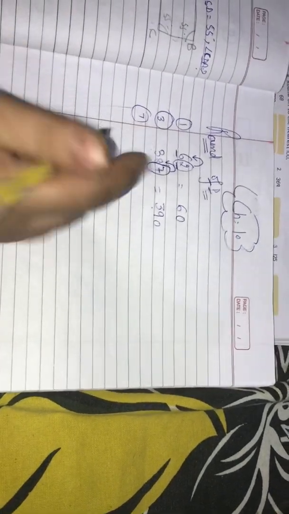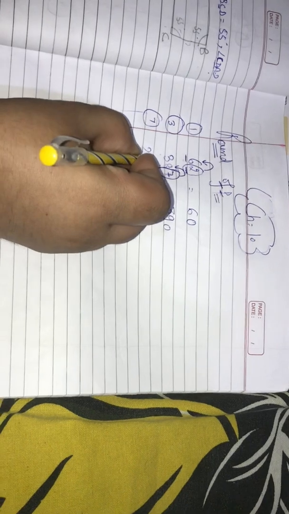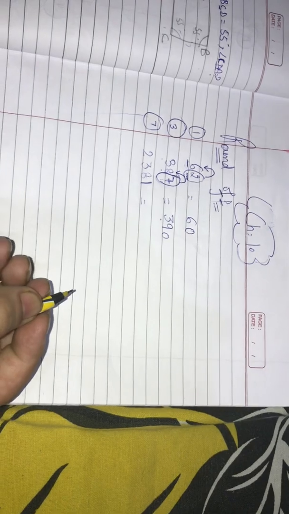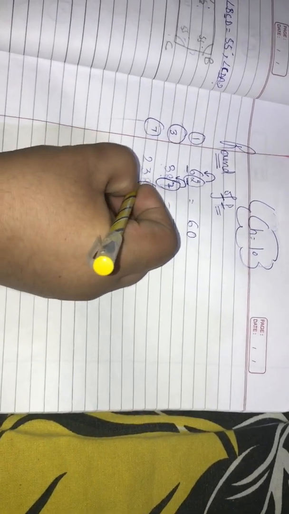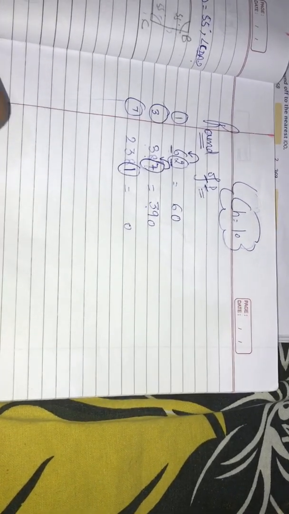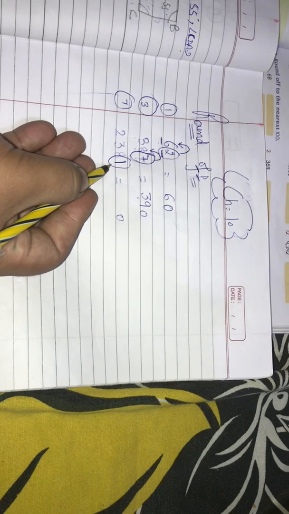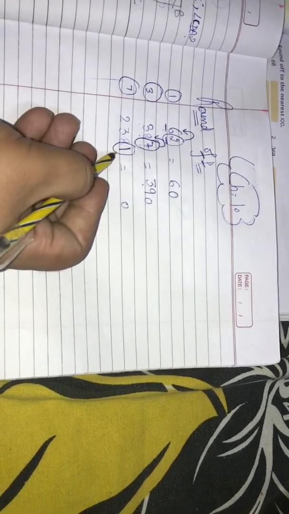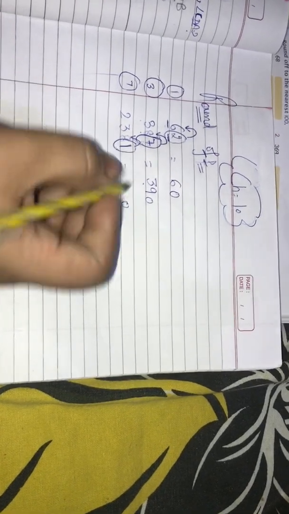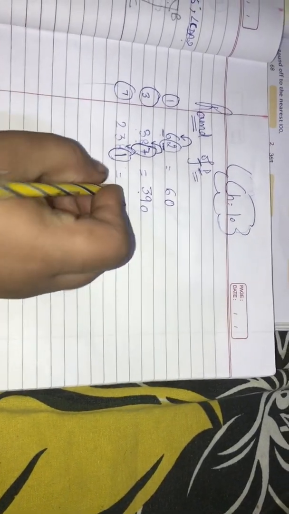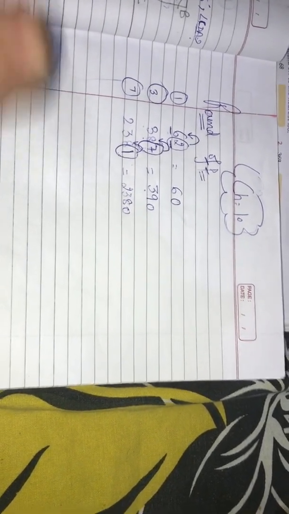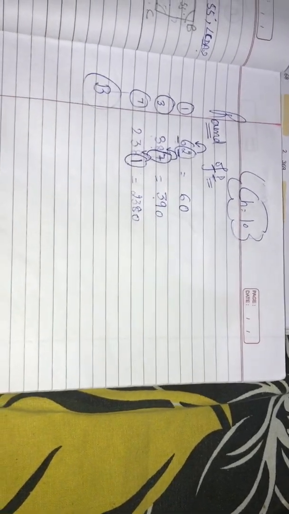One more part I am explaining to you, beta. 2381. Again you need to round off nearest to 10. Circle the last digit and instead of this last digit write 0. Now check, half of 10 is 5. Is it more than 5? No, this is not more than 5. So the previous digit will remain as it is and all the remaining numbers will also be as they are. Clear?